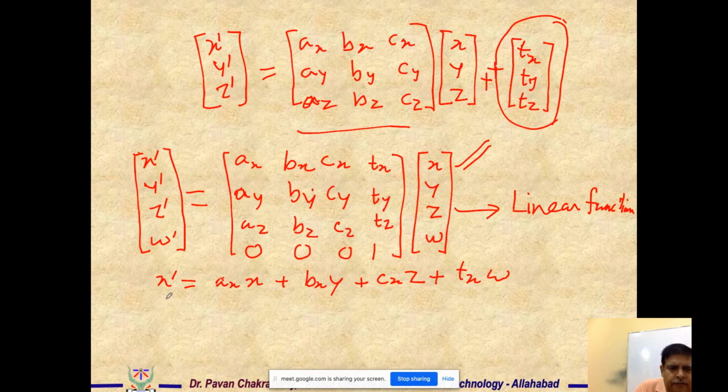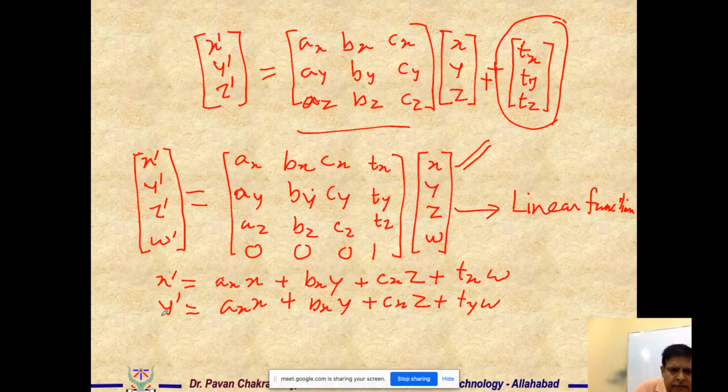I have my y prime will be equal to ax x plus bx y plus cx z plus ty w, and